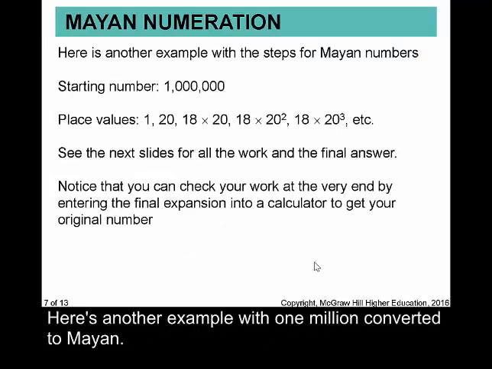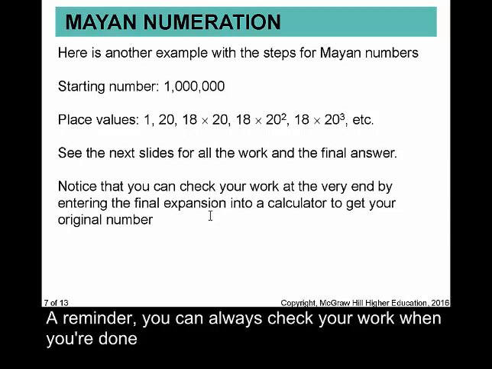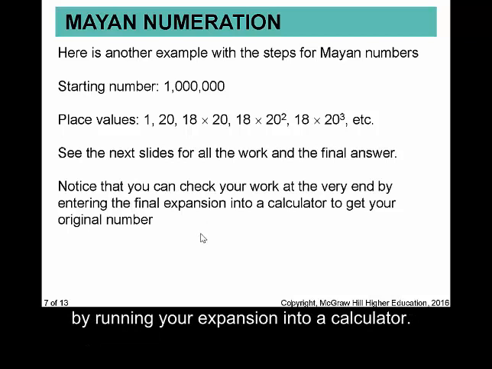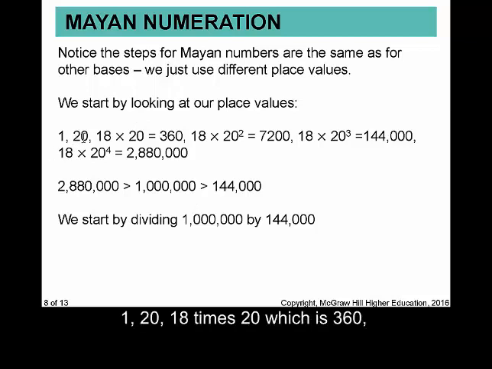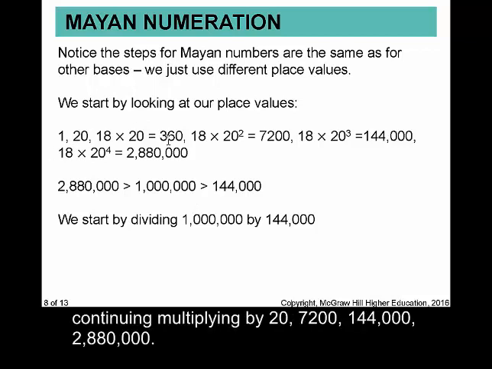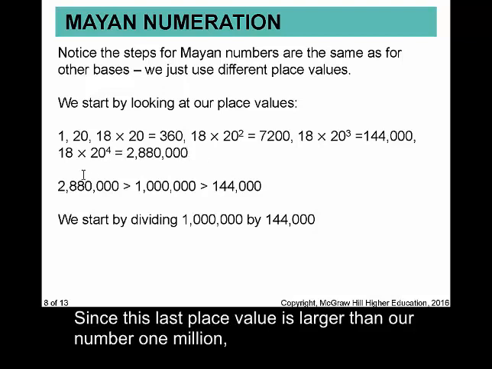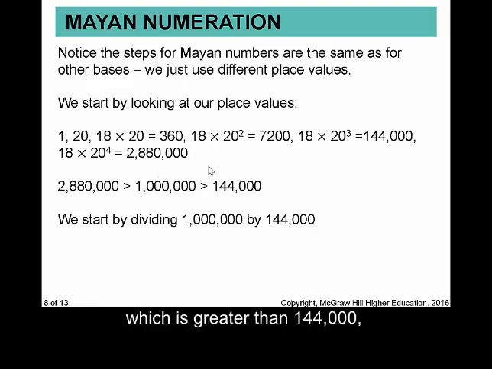Here's another example with 1 million converted to Mayan. A reminder, you can always check your work when you're done by running your expansion into a calculator. We write down the place values for Mayan: 1, 20, 18 times 20, which is 360, continuing, multiplying by 20, 7,200, 144,000, 2,880,000. Since this last place value is larger than our number 1 million, which is greater than 144,000, we start